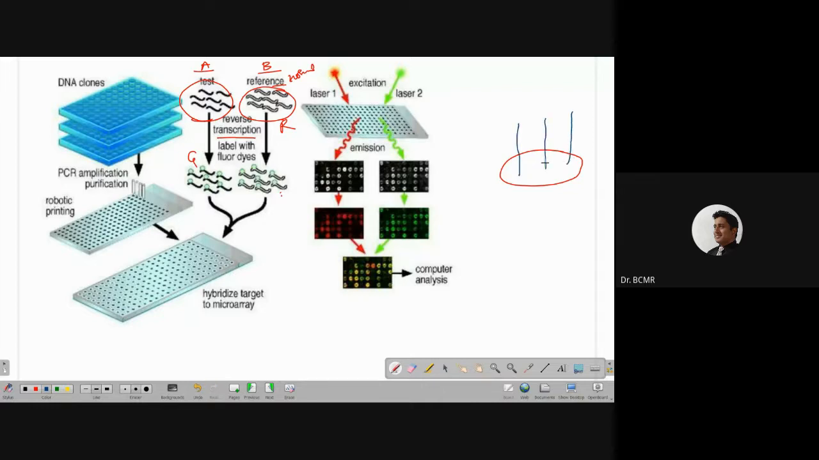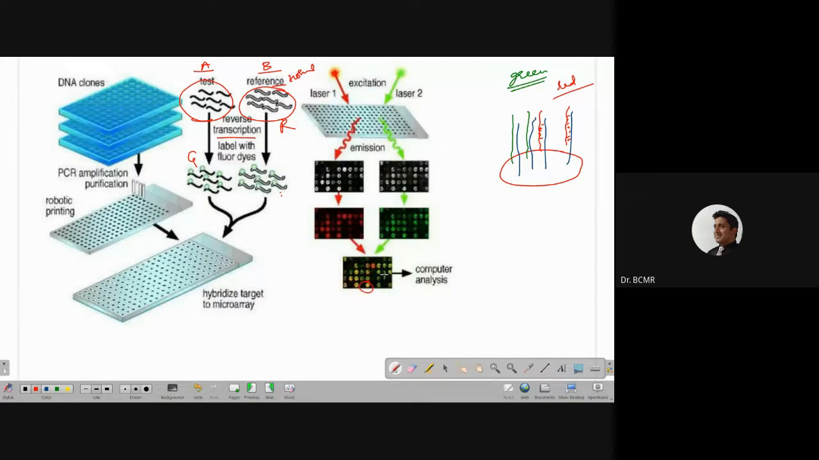Here are the oligos that are already attached. And now we may have some of them coming from the test and the reference and binding here. If only the reference bound in a particular one, then when the laser is hit, it will give green fluorescence. If there was only red binding, or no reference ones are binding here, then it would have given red. But if we have green as well as red base pairing here, then it would give both red and